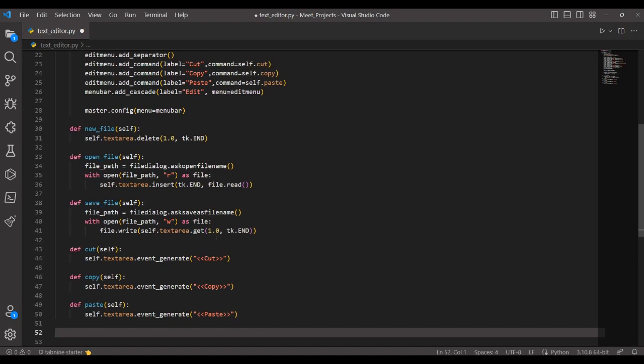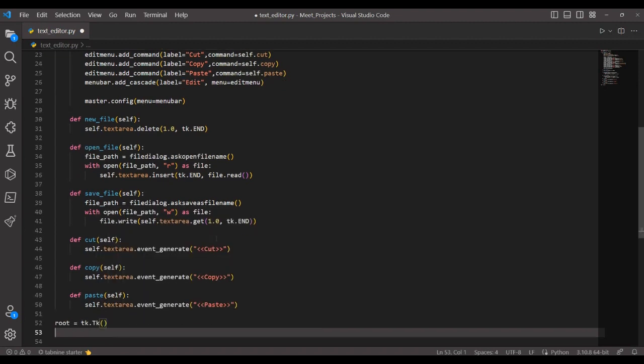Now to visualize your code and to visualize your activity or your window basically, what we need to do is create root is equals to and assign it to tk, that is tkinter dot Tk, and then just use this. Now we pass our root to the text editor class which we had. So let's say text underscore editor,